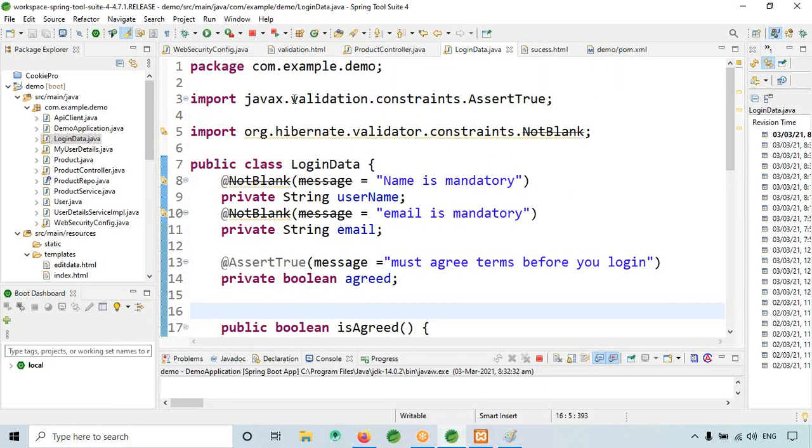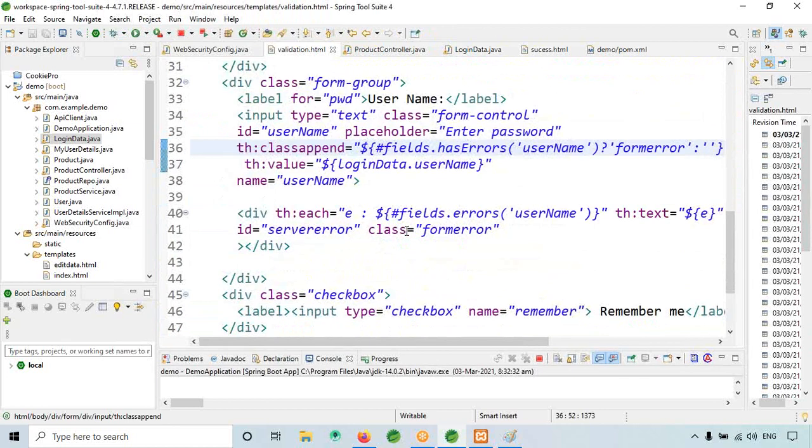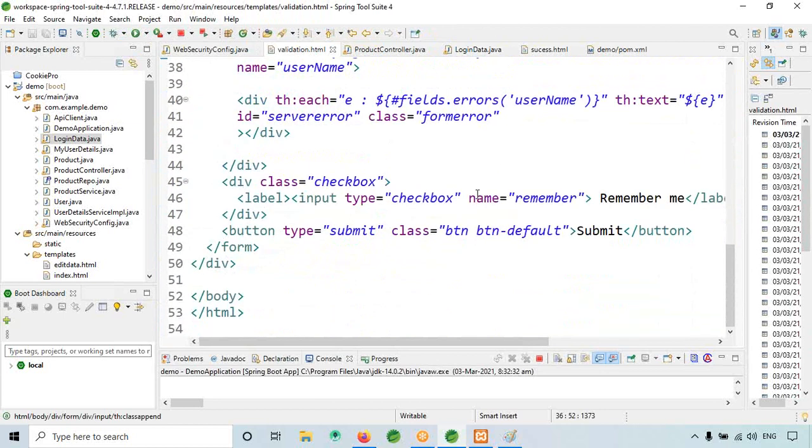Next I will go to the validation. Okay, so here the same thing, these things we need to add. Here, checkbox.